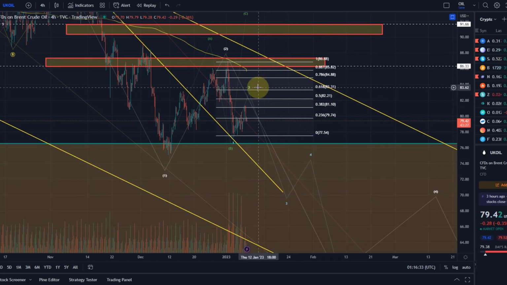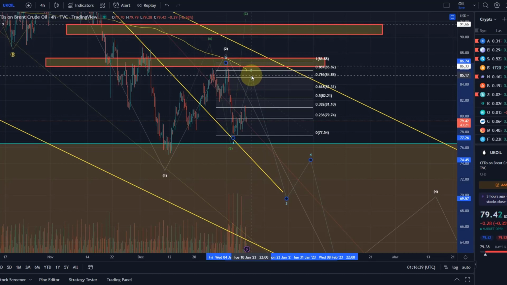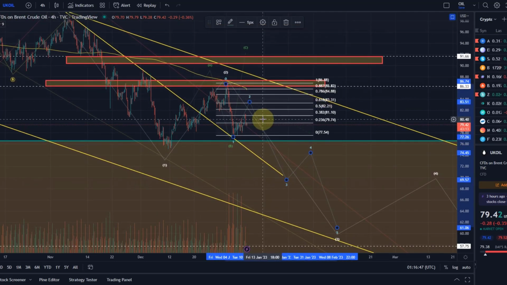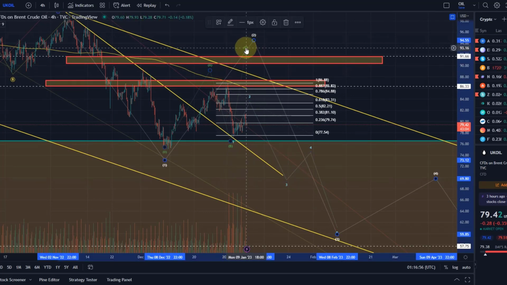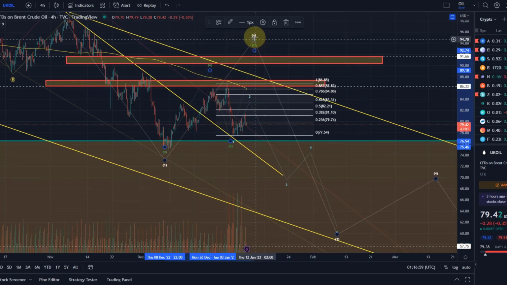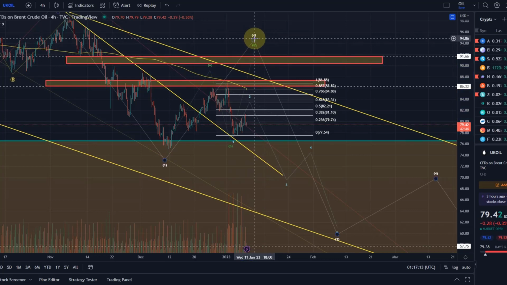Then we could come down in a third wave. But if we get above the 84.88 level, I would say it's very unlikely a wave 2 gets above that. Then we have to expect a higher C wave. Wave 2 has moved up so strongly that, even though it's not invalidated, probabilities are shifting towards a higher C wave and the larger ABC finishing off the wave 2, possibly at the descending trend line of the channel, maybe even a little bit higher. For that, I've got these two resistance areas on the chart, which go all the way up to around $92.